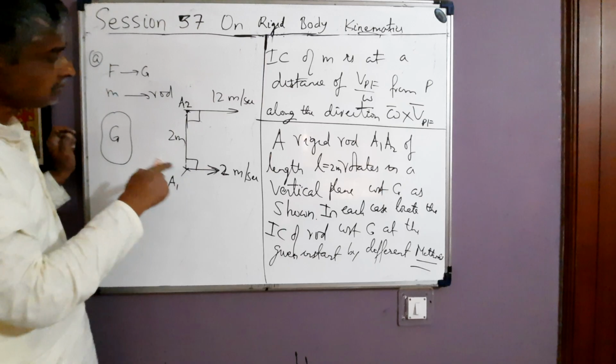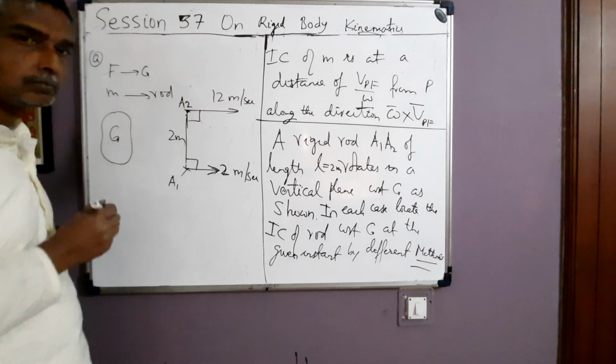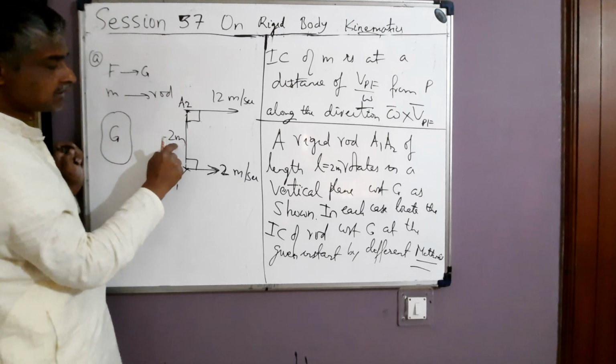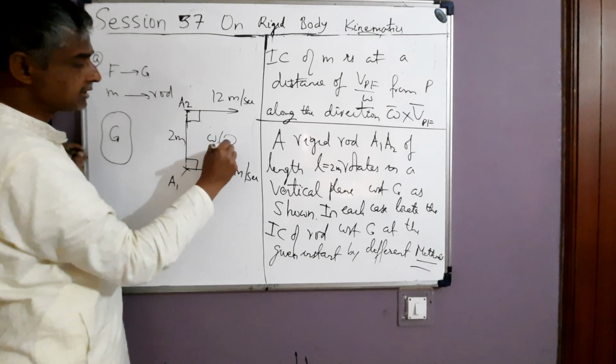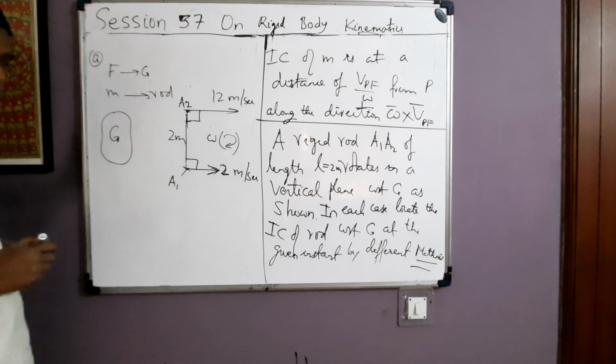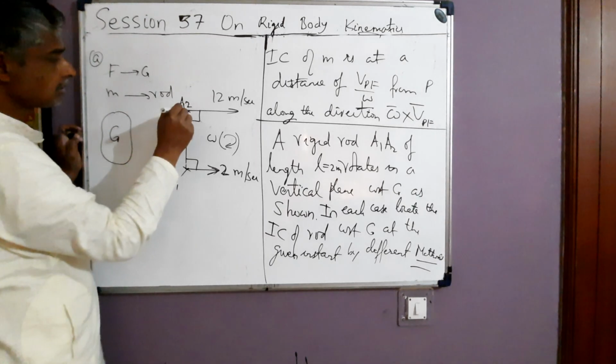See, one thing I would like to say: in this case, omega of the rod with respect to ground will have a clockwise sense. This is 12, this is 2, so it will rotate clockwise. Alright, so let us take